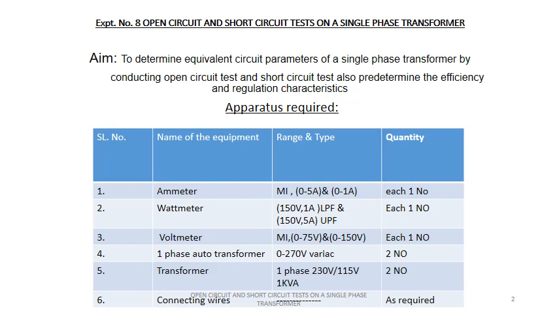SC test, short circuit test. The rated current is the current that the LT winding of the transformer can allow safely without damage to the conductor and insulation in the winding. So in the SC test, rated current is considered, and in the OC test, rated voltage is considered. Here in the SC test, a UPF meter is used.